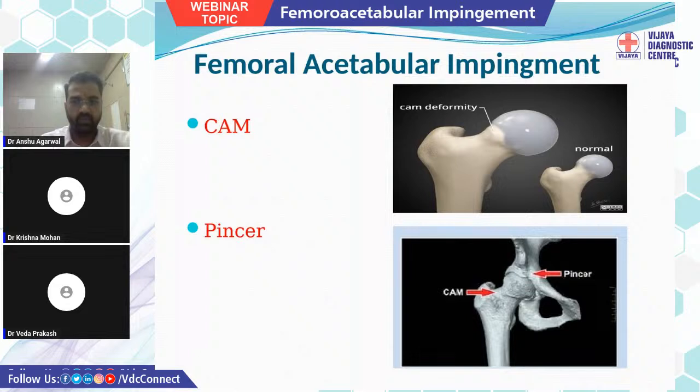So let's have a look at the cam lesion. Now this is an X-ray AP view, in which we can see there is an osseous bump on the